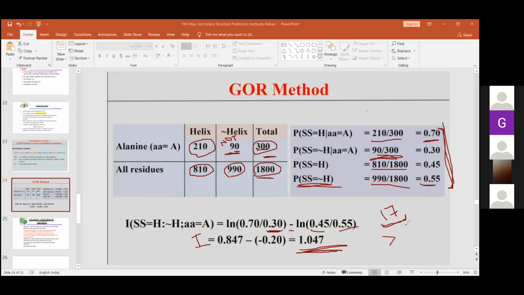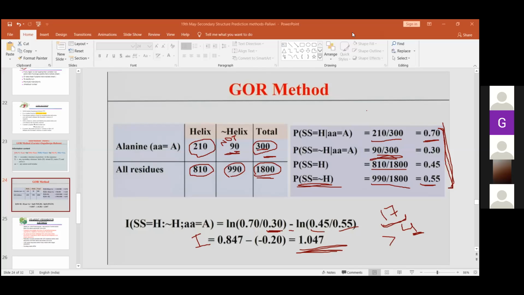If the score is more than 4, then we say that this particular amino acid is going to form alpha helix. If it is not, then we say whether it is going to form the beta sheet. तो आपको information content निकाल के add करके फिर निकालना पड़ेगा इसमें. So it is similar to the Chow-Fasman, but the only difference is that here you are using the information content and not the propensity values. And the window size of Chow-Fasman was 6. Here the window size is 17.